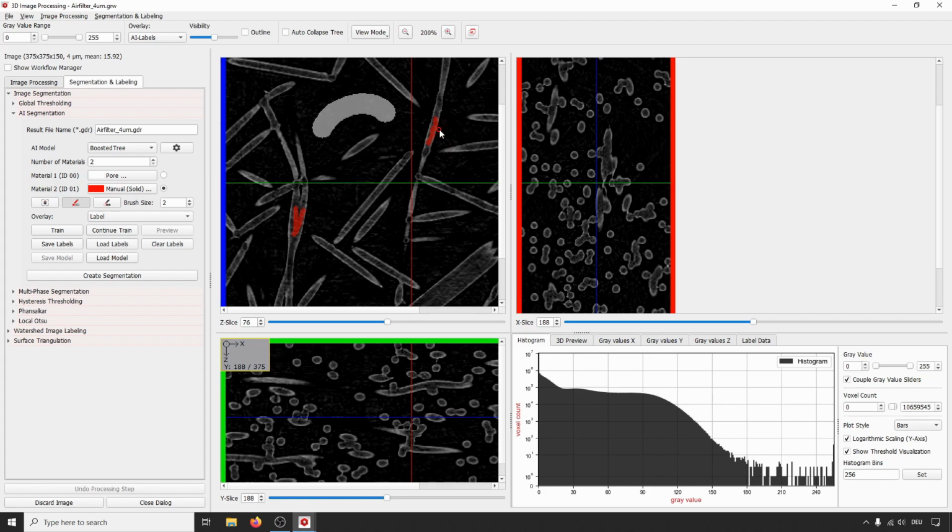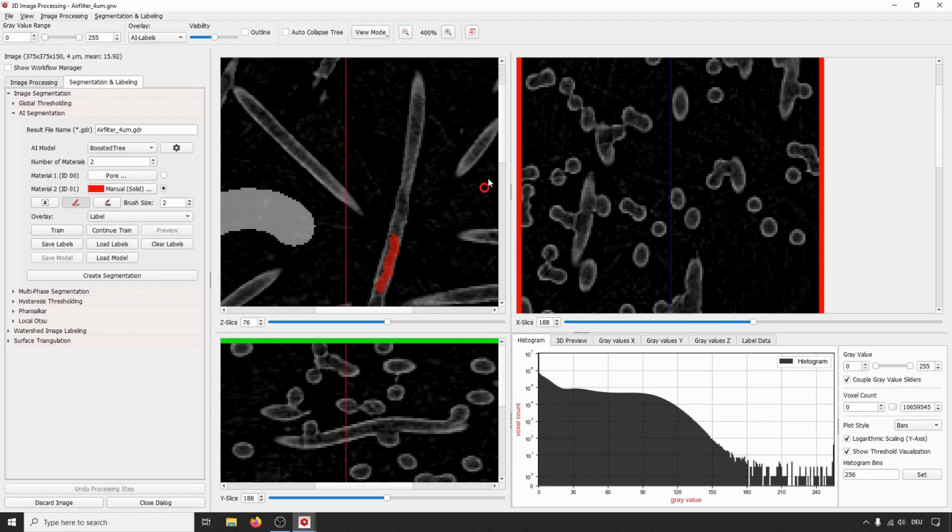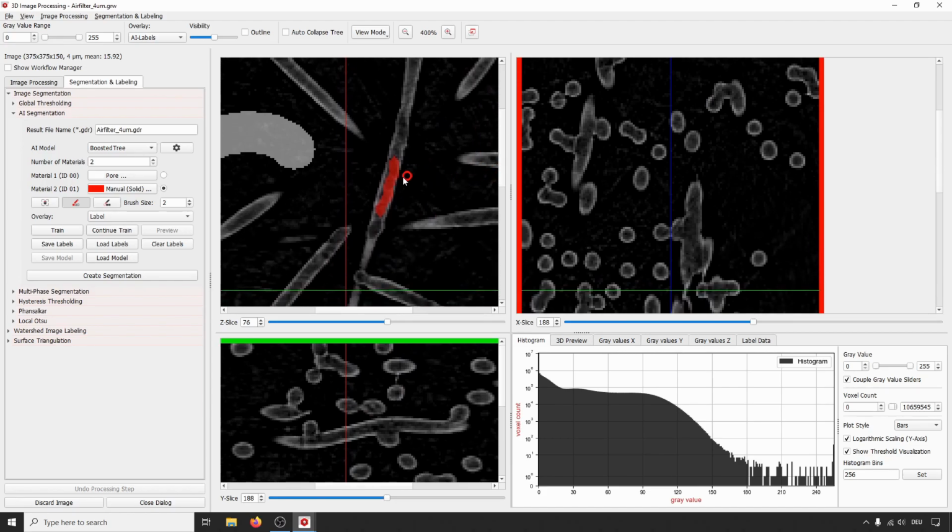Zooming in now works with holding the control key and the mouse wheel, because the right mouse button is now used by the painting modes, and you can see that it's a bit difficult here. So we should delete a bit of the labels here.